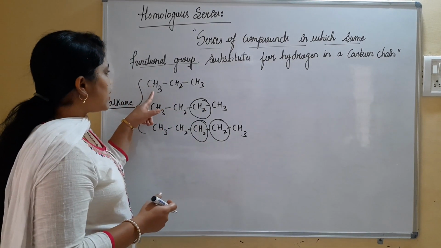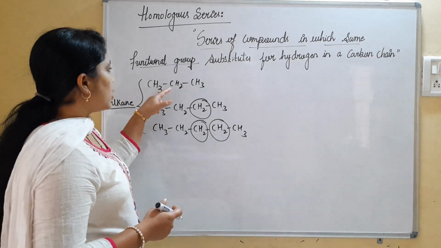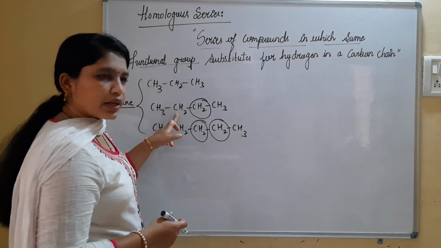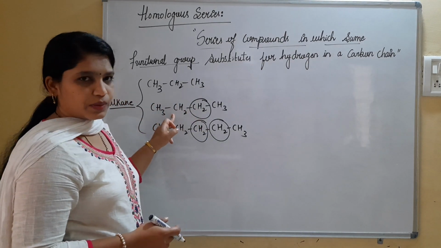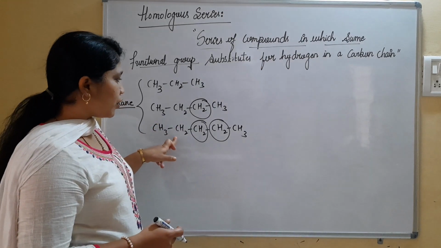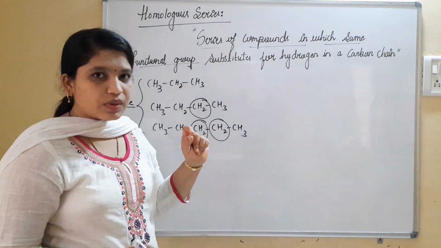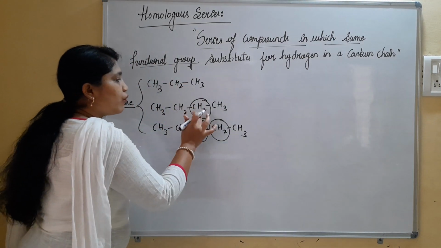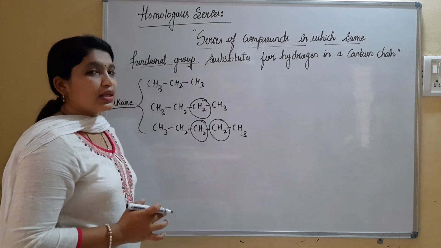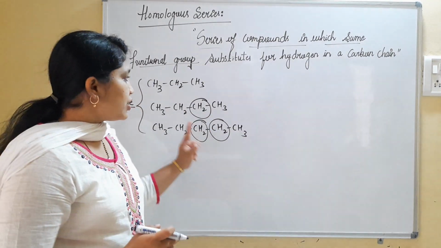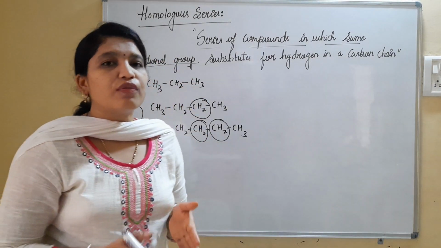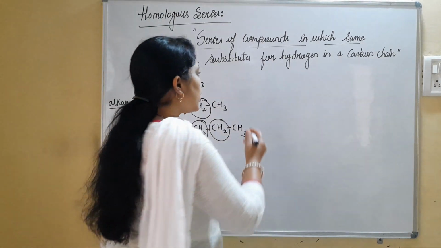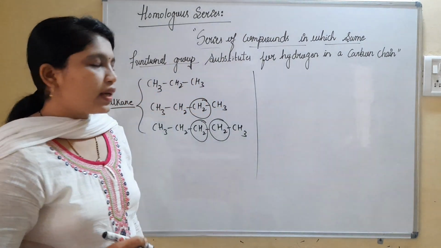Look at this molecule, CH3, CH2, CH3. Here I have only one CH2 group, right? Similarly, if you come to the next carbon, I have two CH2 groups. And for the next carbon, there are 3 CH2 groups present. The CH2 groups are increasing. Even we can say there is a difference of one CH2 group for all these 3 molecules, right? Such type of set of compounds is referred to as what? Homologous series. We can consider other examples too.